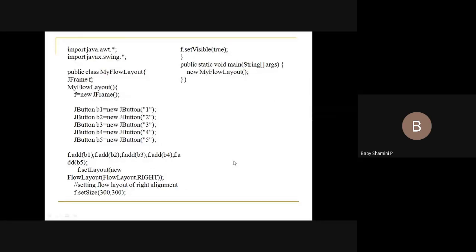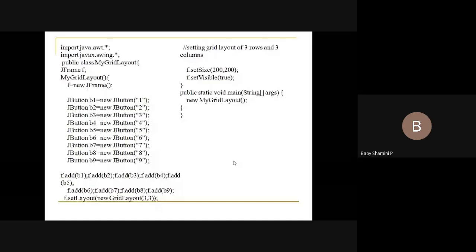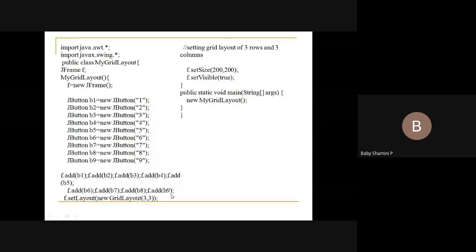The next one is grid layout. Grid layout creates a grid, that is, it represents a row value and column value. Based on the row value and column value it allocates a region, and in this region we can add all the components. For that we need to use the method f.setLayout(new GridLayout(3, 2)). We need to give the row value and column value. If we are not declaring any row value and column value, it displays only a single row and single column, so a single element we can add. That is grid layout.